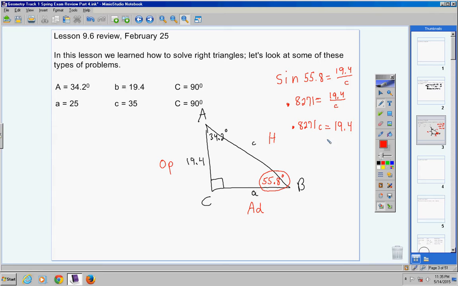And now you know what to do. Divide both sides by 0.8271, all right, to get C by itself. So here we go. Let's go ahead and take 19.4, let's see, divided by... and I'm getting 23.46. So this side right here is